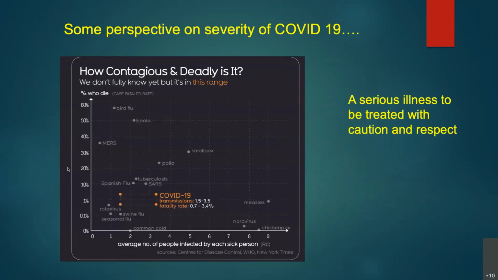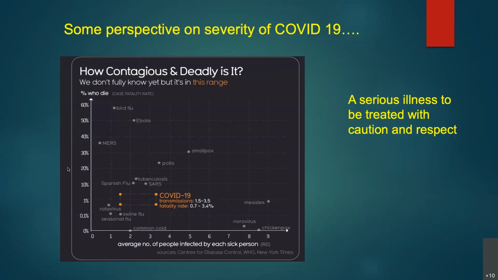Now, this is simply a chart that shows on the horizontal axis the average number of people infected by each sick person, which remember we defined as R0, or the reproductive rate. On the y-axis, or the vertical axis, it looks at the case fatality rate, which we abbreviated CFR. So I wanted to show you that COVID-19 occupies that dotted box down there